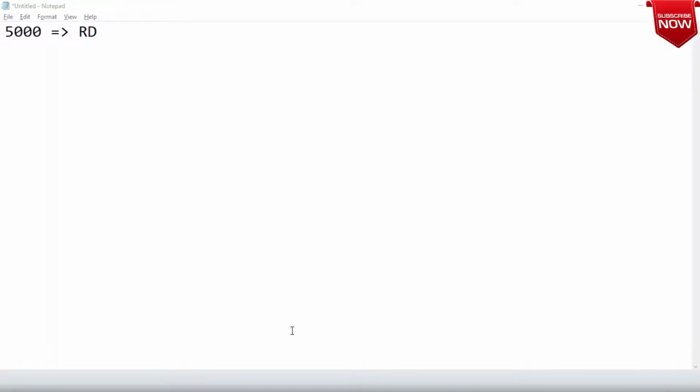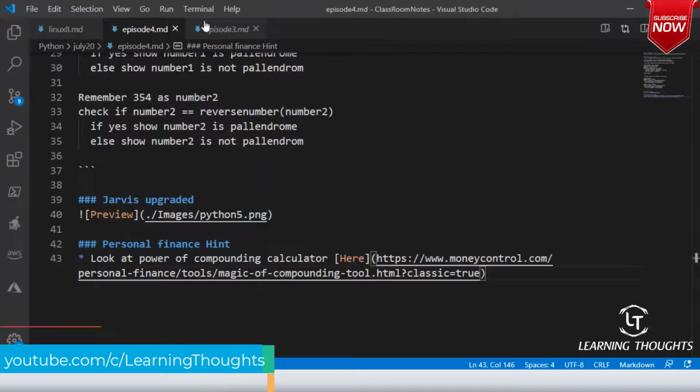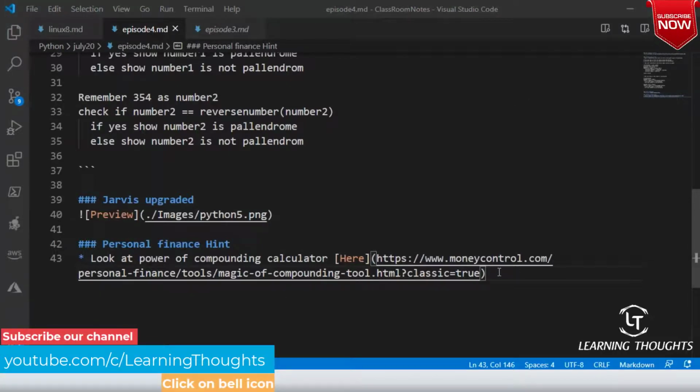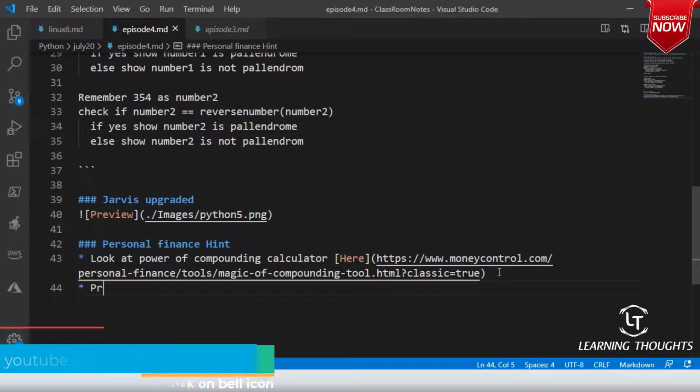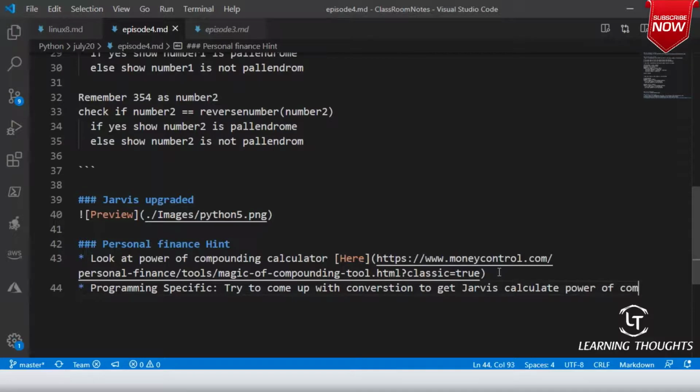That is where I am coming from. Right now, programming specifics. Try to come up with a conversation to get Jarvis to calculate power of compounding for you.